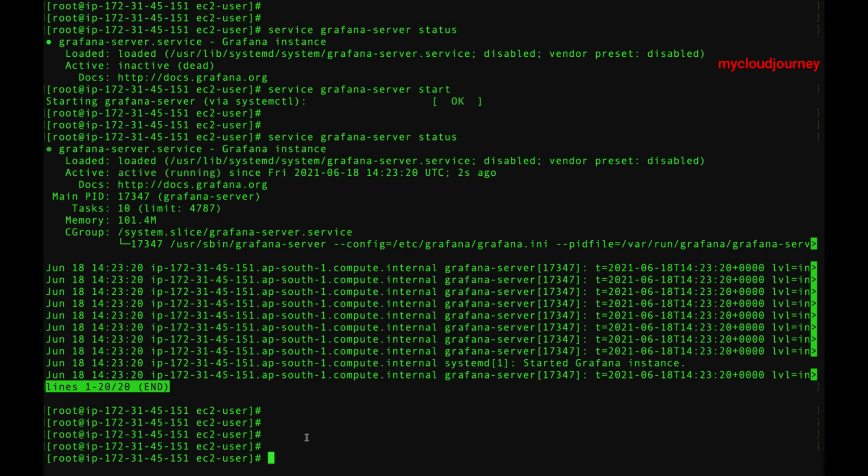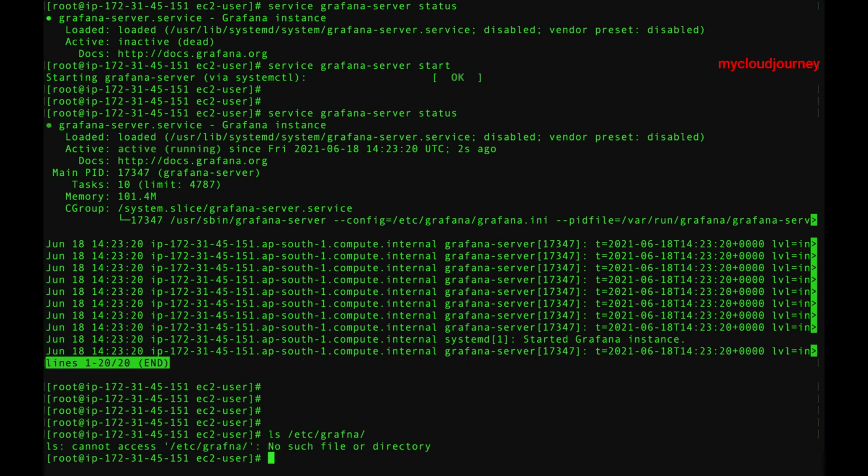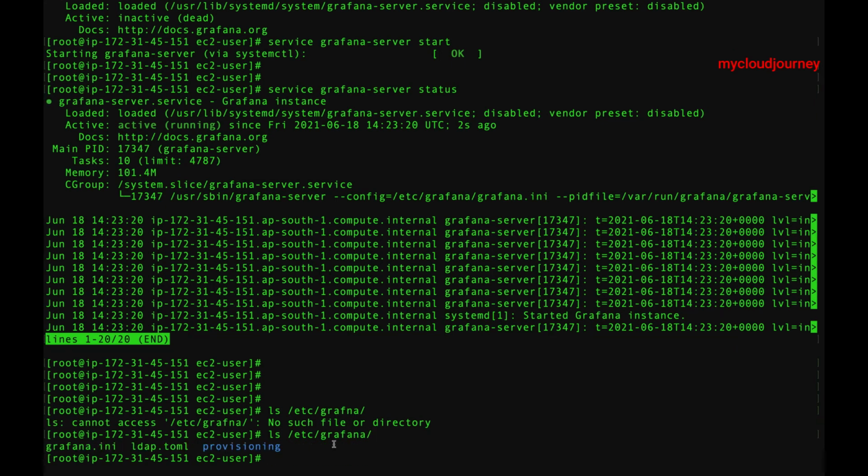Now let's navigate to the console and look at the different directory structure which is there when we install Grafana. So /etc/grafana, this is the place where you will see all the Grafana configuration files. This is the main configuration file of Grafana.